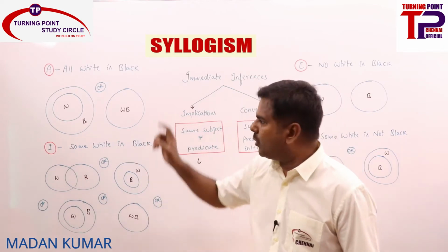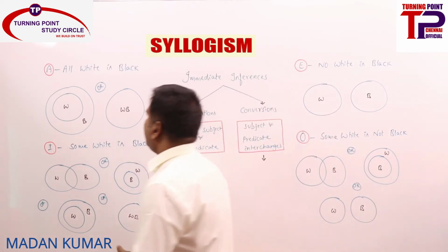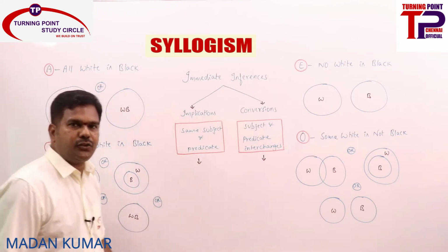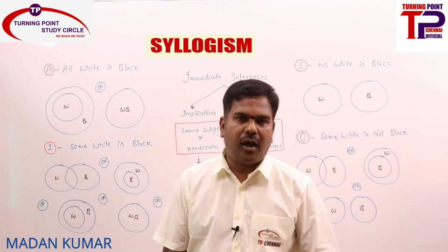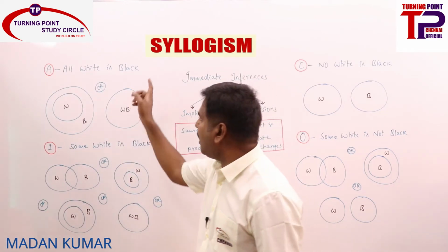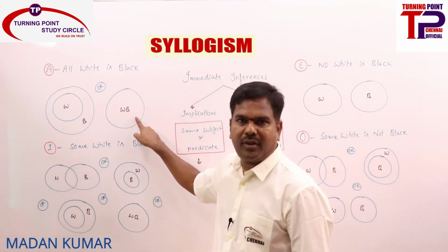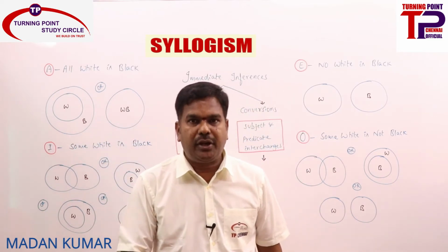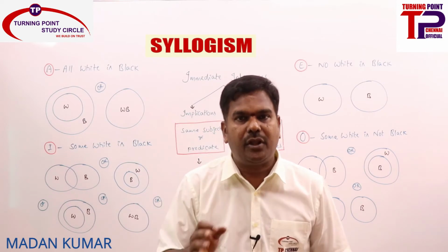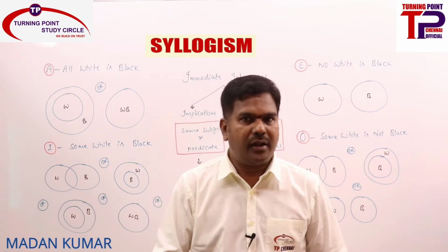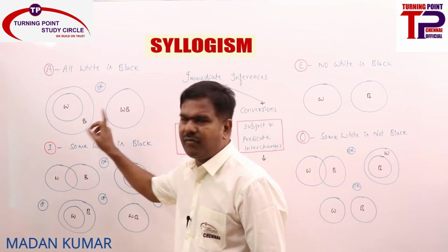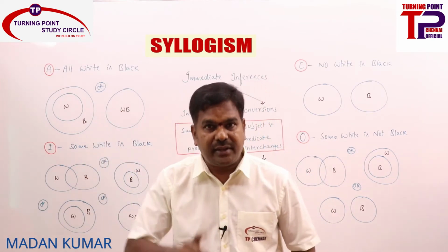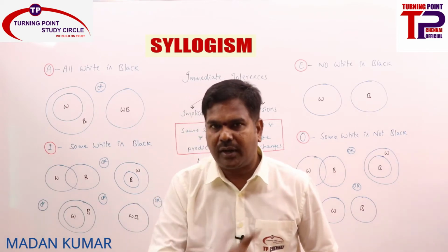Now we are going to check from each statement what all the implications and conversions we can derive. So now take the first, the A statement. Whenever we say that all white is black, can I tell all black is white is also true? All black is white is true here only, not here. So in order to derive a conclusion, it must be true in all the diagrams. Then only we need to give a conclusion, or else we should not. If it fails in any one of the diagrams, we should not consider that one. Are you clear?